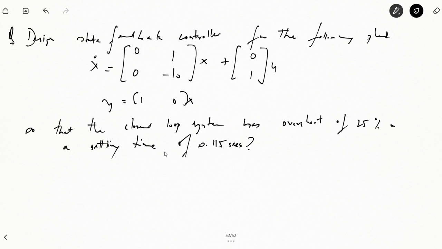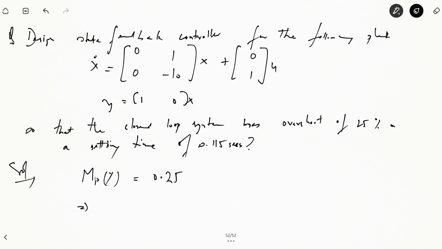So you have to design a controller K for this system, for which the peak overshoot will be 25% and the settling time will be 0.115 seconds. Peak overshoot here is Mp percent is 25%, fine. So you can say it is 0.25,